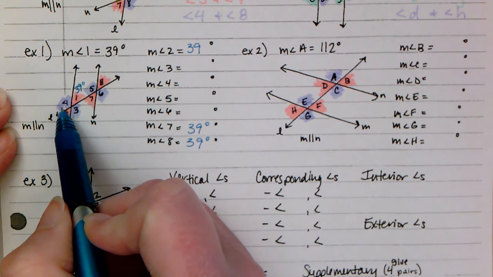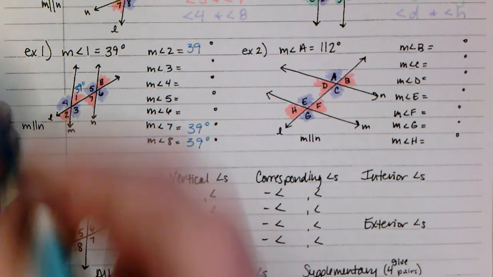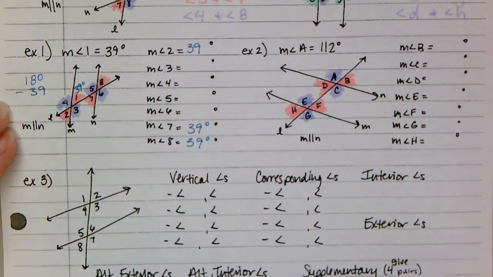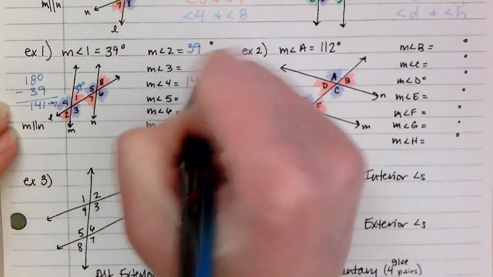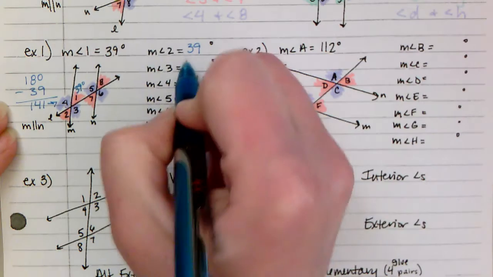1 and angle 4 are supplementary to each other. It means that they equal 180 degrees total. So if I do 180 minus 39, then I will end up with my answer, which is 141 degrees. So 141 is angle 4, and if that's angle 4, angle 3 is vertical to that, so that's also